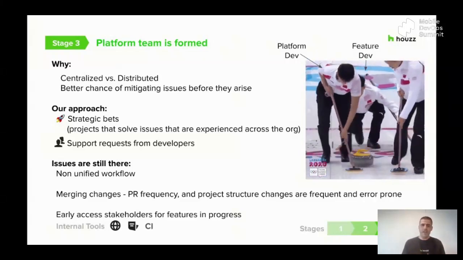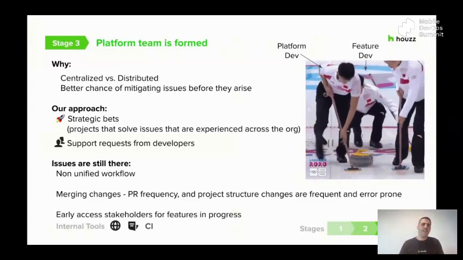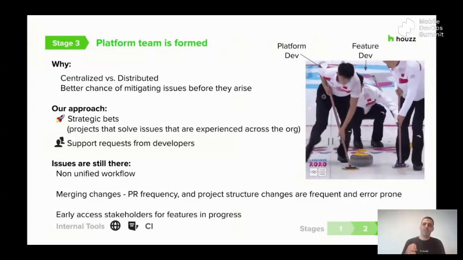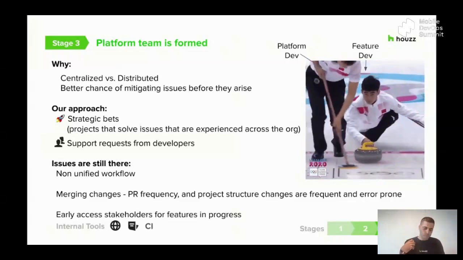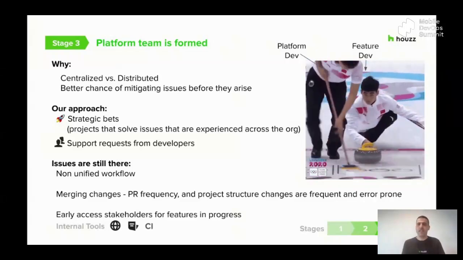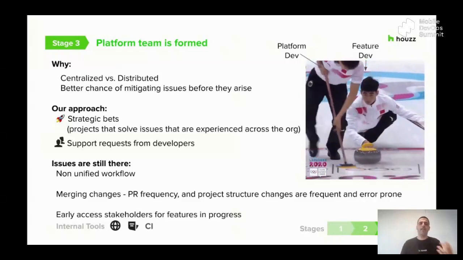And I think the GIF that I have here illustrates it best. This is an Olympic sport called curling. You see here, there's the feature dev. He's trying to release that feature and get to his product KPIs, and the platform dev is paving the way.